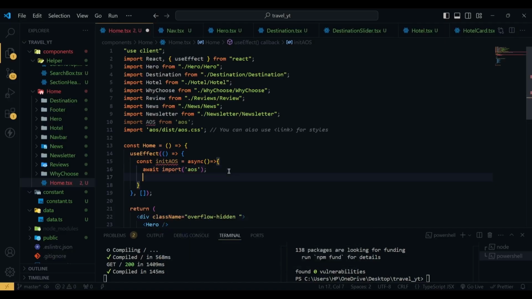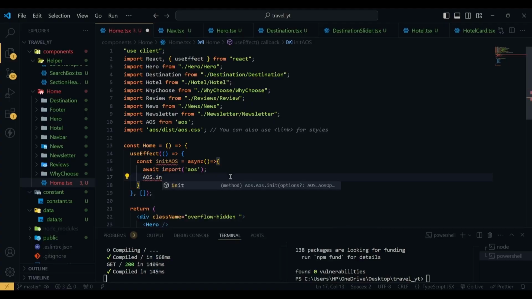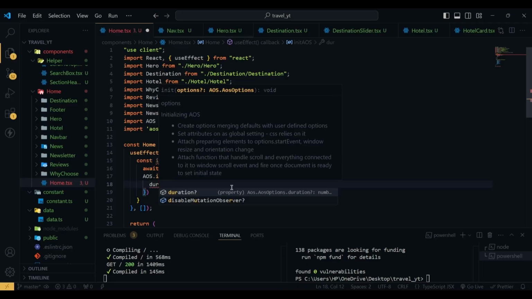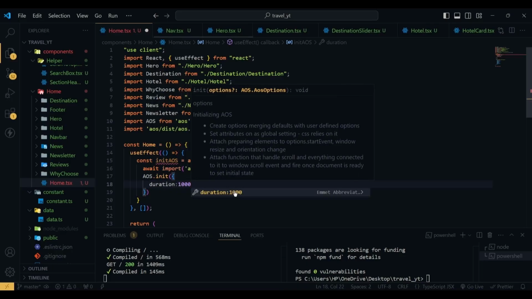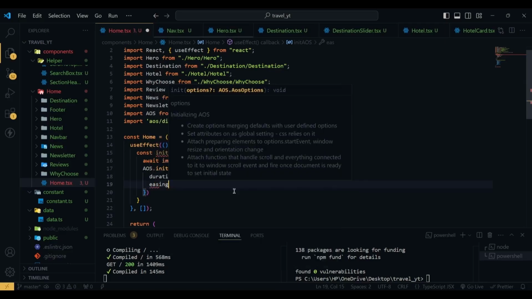Then we're going to use our AOS.init, and here we are going to pass some options. The first one is the duration. The duration will be 1000 milliseconds, that means 1 second. The easing will be